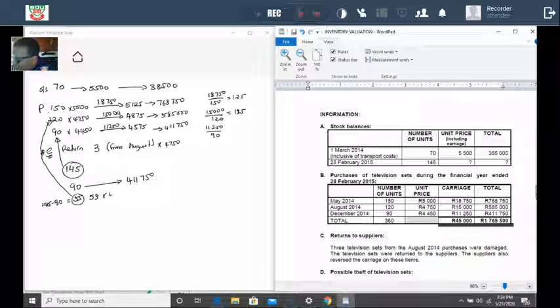By 4,875. Why are we not using 4,750? Because remember that we are also valuing the carriage on the purchase as the value of the stock. So when we add that amount there, that is going to give us,